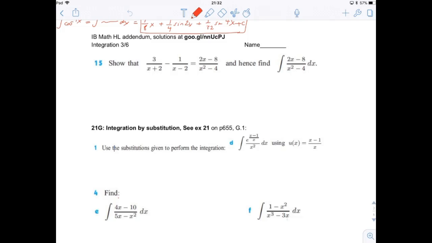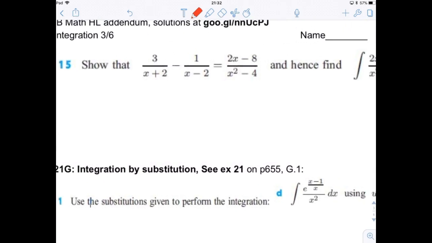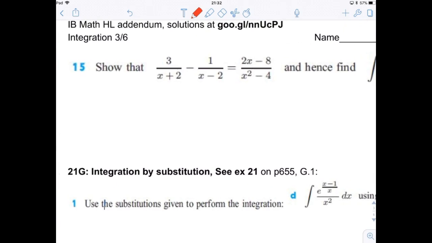Page 3 of the addendum for integration. First, we're going to demonstrate that this is true. This is pretty easy to go in this direction. Go the opposite direction a little bit harder. So if you are going to combine two fractions with different denominators, you would want to make them into a